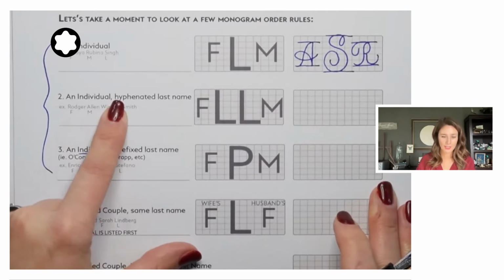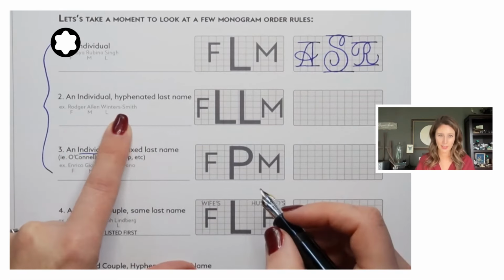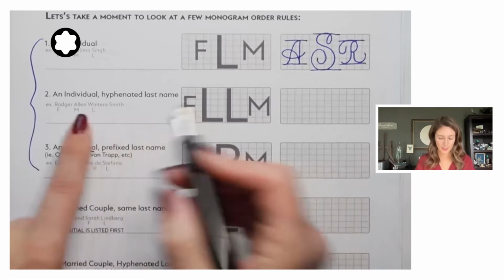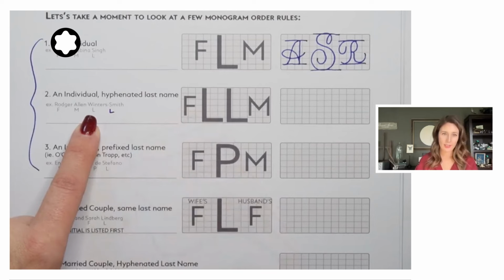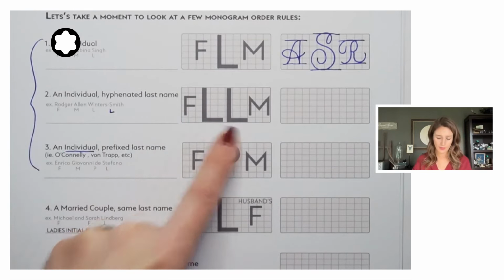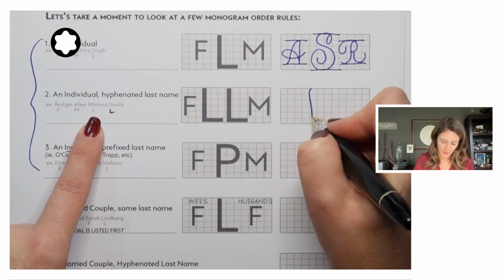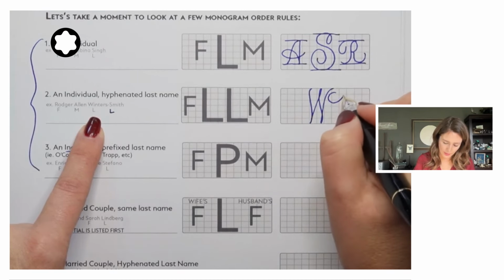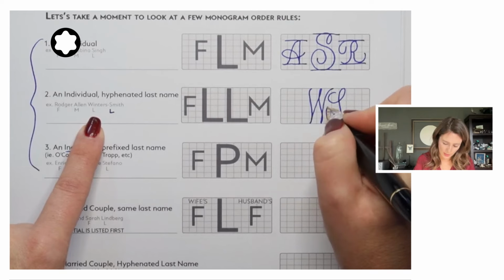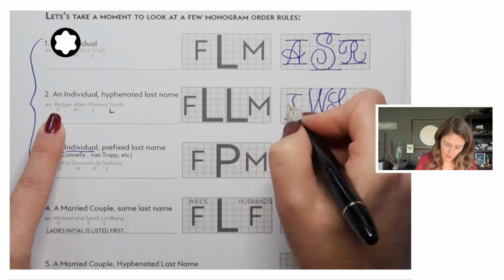But what if the individual has a hyphenated last name? So we've got Roger Allen Winters Smith. Then what do we do if it's a hyphenated last name? It's not too much more complicated. We just think, okay, we're actually going to consider both the W and the S as last initials, and we will put both of them in there. So when I do a design, I tend to do the larger letter first. So we'll do that W. I'm going to do kind of thin letters here so I can fit them all in. Winters Smith. And then that first initial, so we're keeping small, Roger